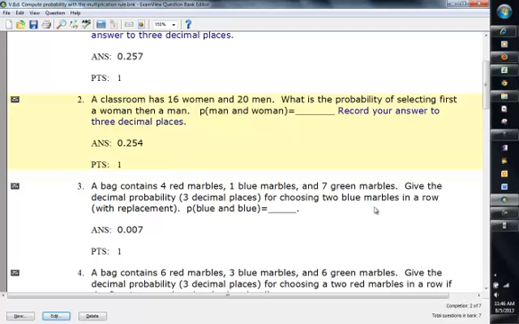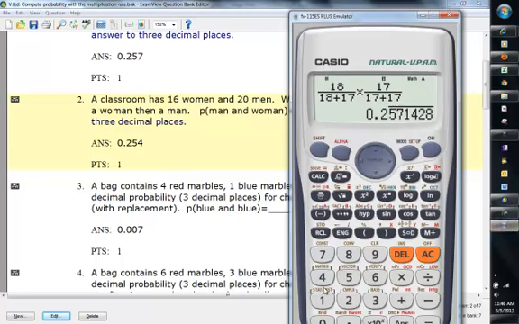A classroom has 16 women and 20 men. What's the probability of selecting a woman first, then a man? Okay, so we have 16 out of 16 plus 20. So that's the woman first. And then times the probability of selecting a man. There are 20 men left, and there are only 15 women left, and 20 men left. And we get